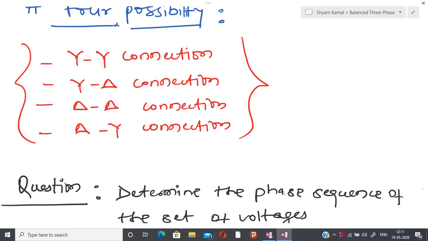Due to that reason, it is appropriate to mention here that a balanced delta connected load is more common than a balanced Y connected load. So if we have to talk about the load, at that time we will prefer the balanced delta connected load,